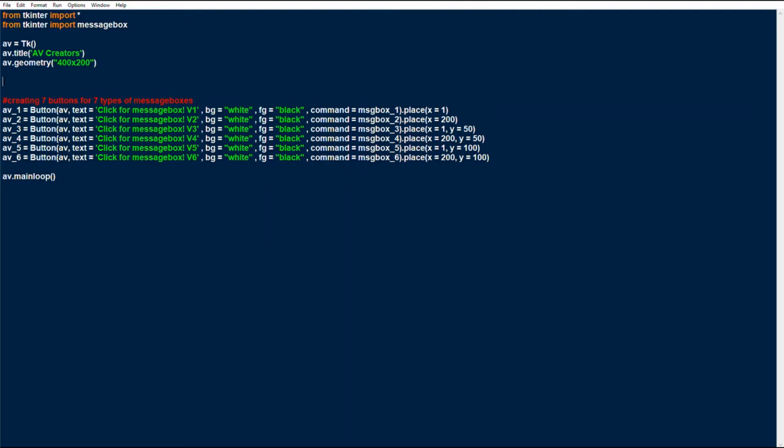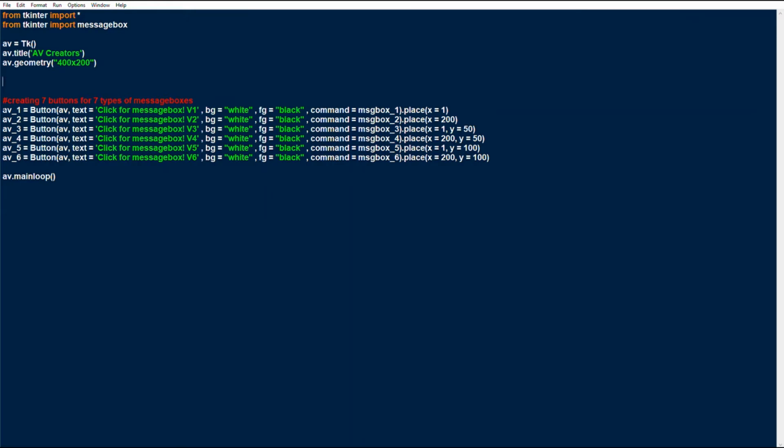If it's asking you a question, showing you some information, or telling you about an error, the most common one, especially when you know Python, is when you get that syntax error. The beep sound comes, the X symbol is there, and you have a message: syntax error, right? Similarly, you might also have inconsistent use of tabs and spaces and indentation and so on. So today I'll be showing you all those 6 types.